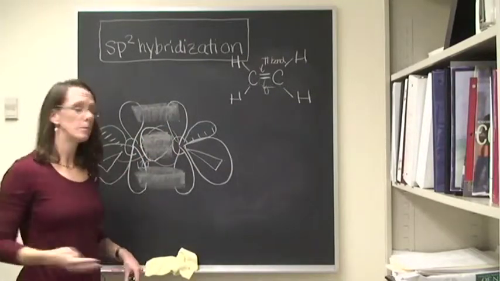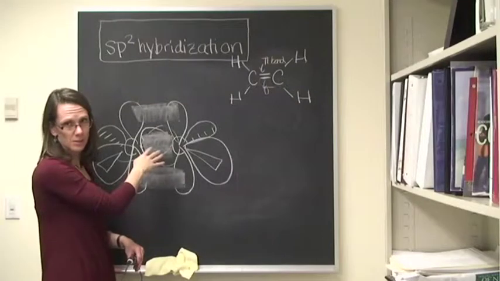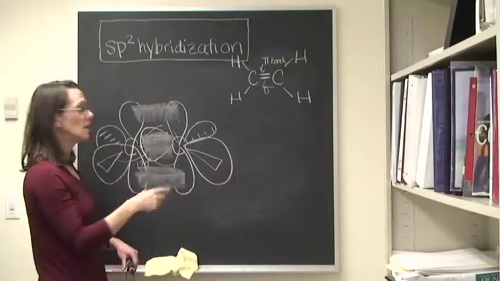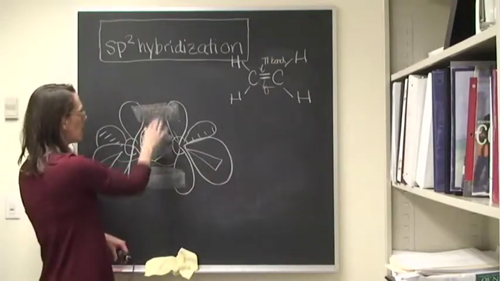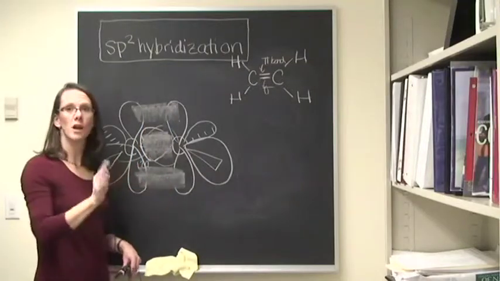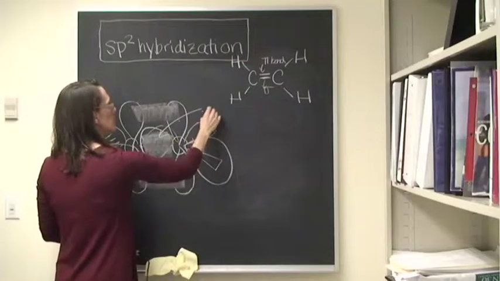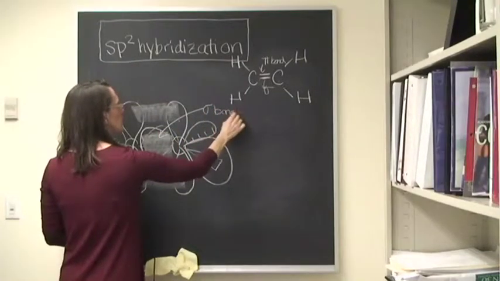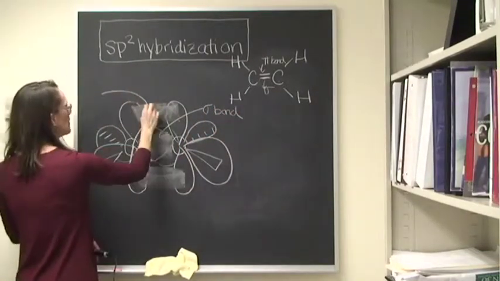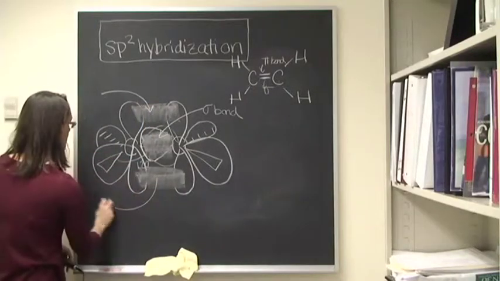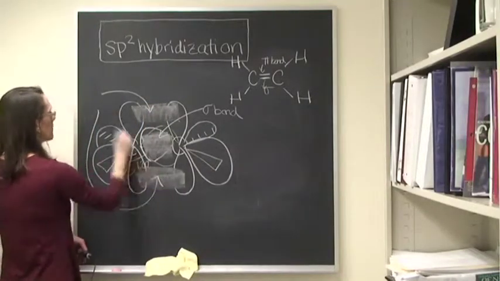And that node is important because that's where the sigma bond sits. So there's already a lot of electron density there. I want to emphasize, because a pi bond kind of looks like two bonds, but it's not, it's one. So here is the sigma bond in my picture. And here, both arrows, here and here, this